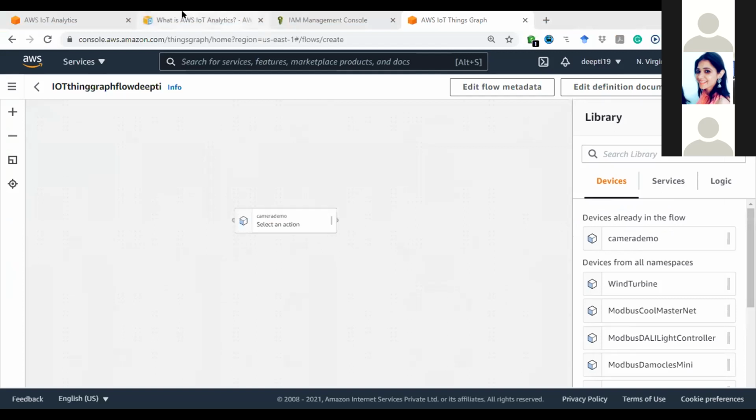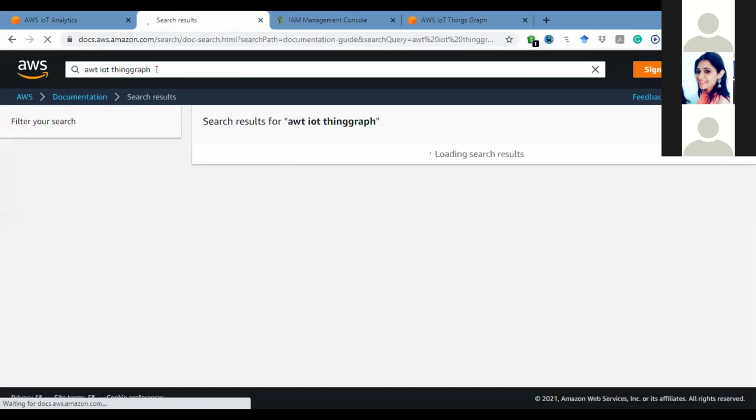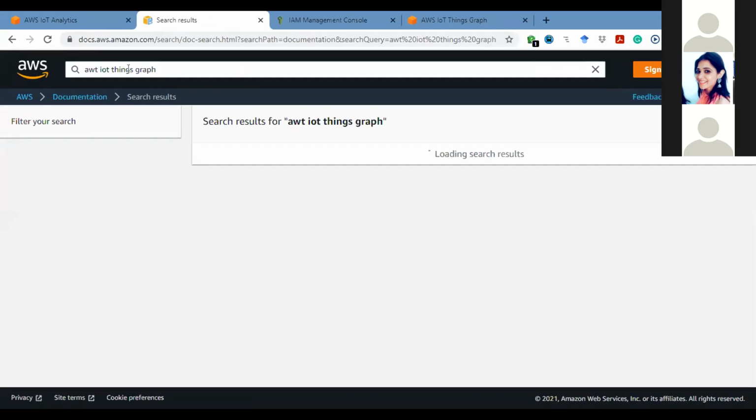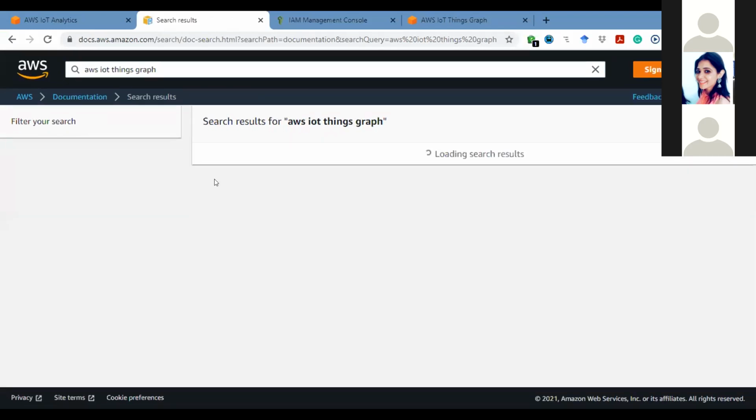Can you try to make that one? Spelling is wrong, Dipti. AWS. Just search for IoT thing graph.